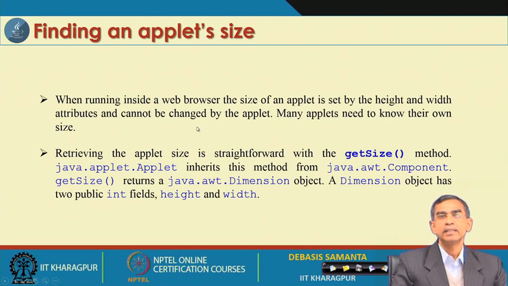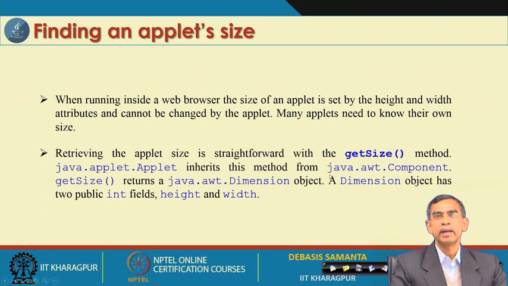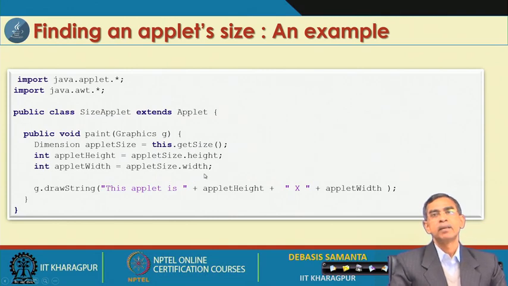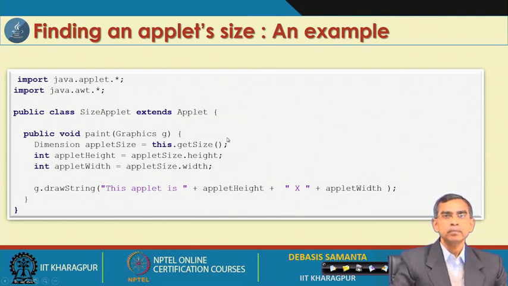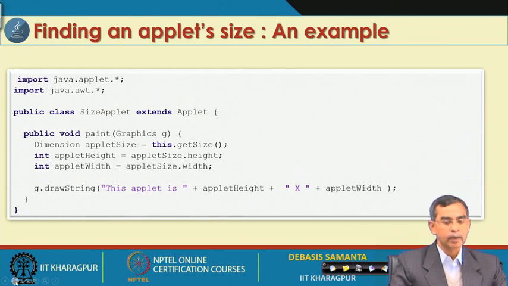Sometimes it is required to interact with the applet size in some situations, and then we need to know what the current size of the applet is. The current size of the applet can be understood using another method called getSize, which is defined in the applet methods. So, this gets the applet size, and this example shows, for a current applet, its width and height parameters that can be read here.